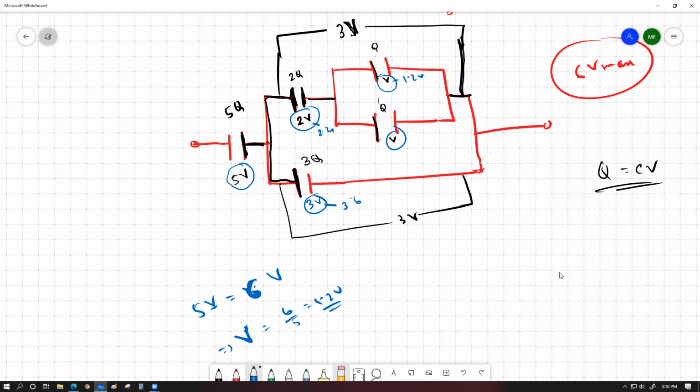3Q টা কিভাবে পেলেন? 3Q টা পাইছে দেখো এই উপরের ব্রাঞ্চের একপাশে টোটাল ভোল্টেজ কত ছিল? 3V। তাহলে নিচের ব্রাঞ্চেও প্যারালাল ব্রাঞ্চে ভোল্টেজ 3V থাকবে না? প্যারালাল ব্রাঞ্চে তাহলে এখন Q = CV, তাহলে V আর Q প্রপোর্শনাল। সো 3V এর জন্য রিলেভেন্ট চার্জ কত হওয়ার কথা? 3Q। বুঝতে পারছি।